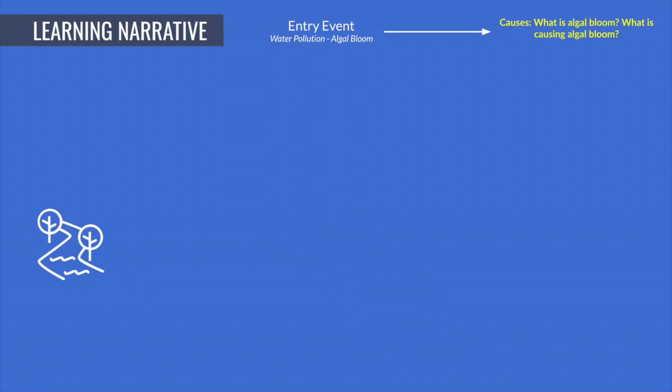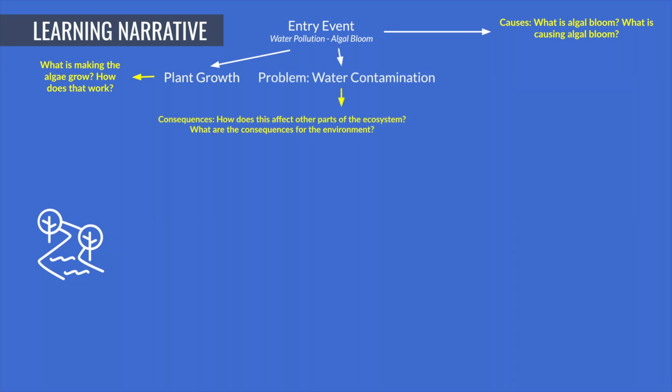The first category of questions would obviously be the cause of algal bloom. What is algal bloom? What is causing algal bloom? The second category of questions would be about plant growth. What is making the algae grow? How does that work? The third category of questions students would ask is the actual water contamination and how that